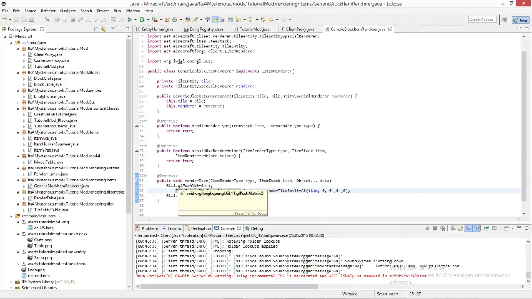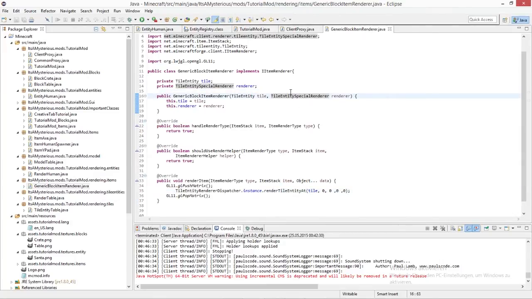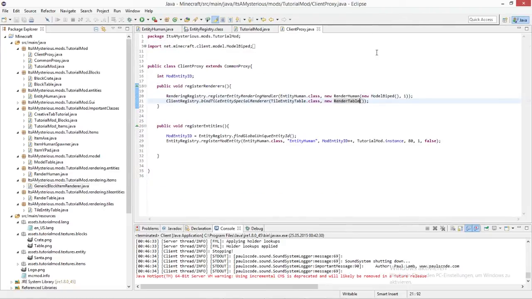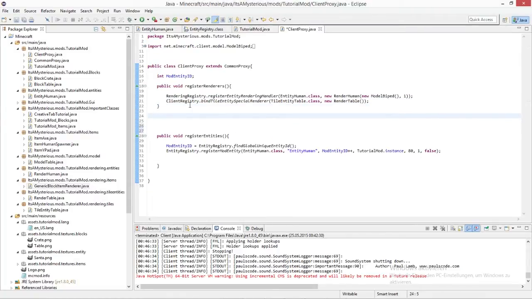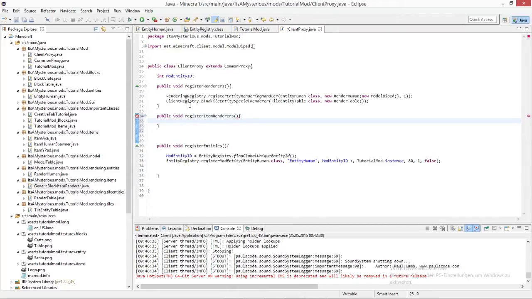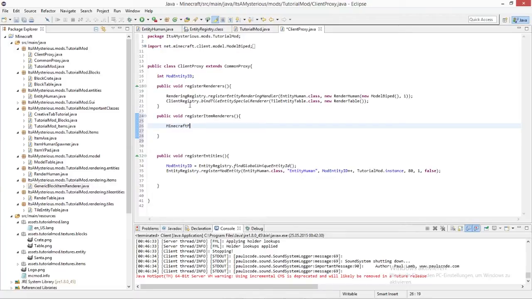So now let me explain the constructor. What this does, it simply takes in the tile entity and a renderer. So we can set our tile to the tile we put in the constructor, and our renderer to the TileEntitySpecialRenderer. So now we can close this class, and in our client proxy we will have to create another method in which we will register all our item renderers. So create a new method called public void registerItemRenderers, and in there simply put in MinecraftForgeClient.register